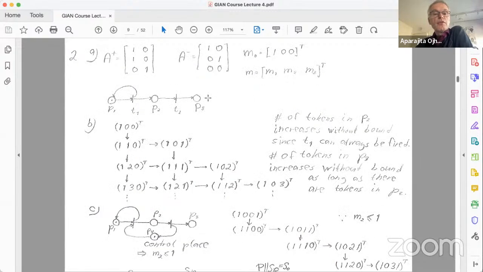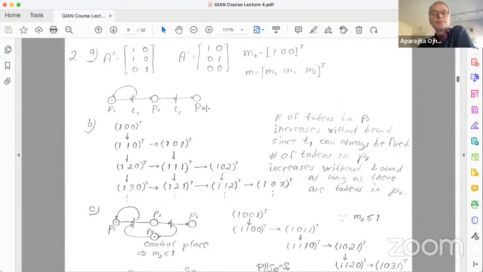But okay, I think this is defined also here, so we can look at this and see that the output place of the first transition is both back to P1 and also to P2. And the second transition has an output place P3. And the input place to the first transition is P1. And the input place to the second transition is P2. So these two matrices define